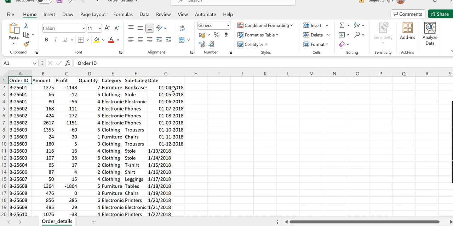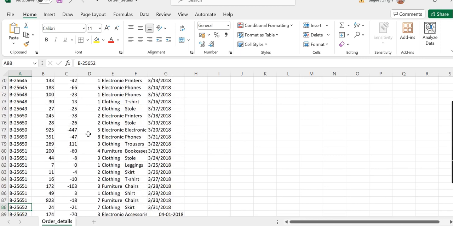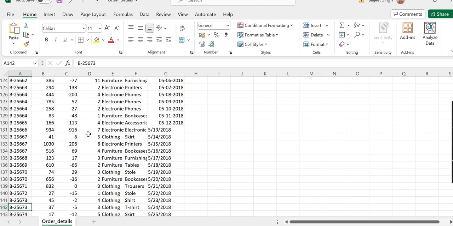A few of these columns are really important and a few are not as important as the others in this data. There are multiple rows present here. If you scroll down, you will see multiple rows. We will combine this later with another table which also contains order information, but which has a single row for each order. There are a number of rows for every order here. And now let's focus on pulling this into Power BI.